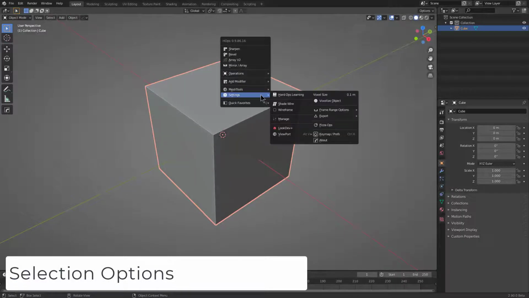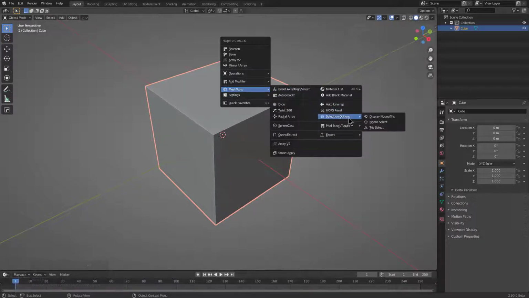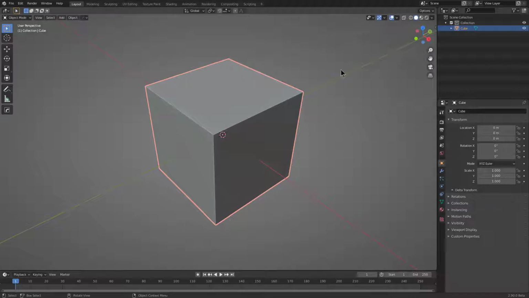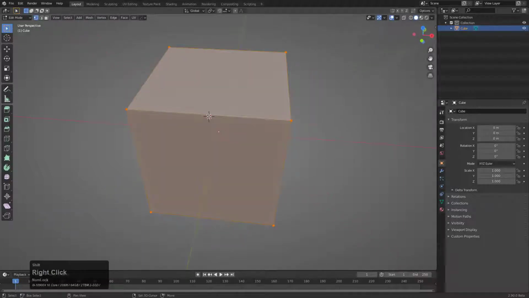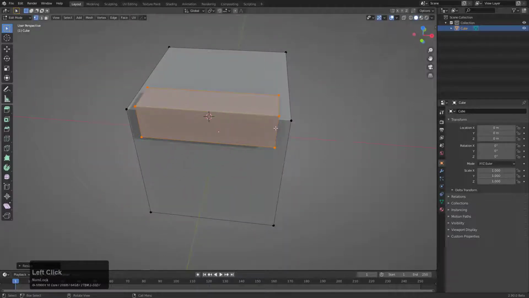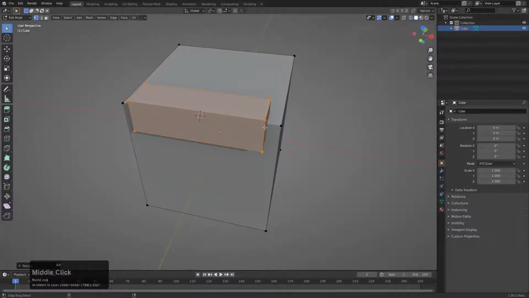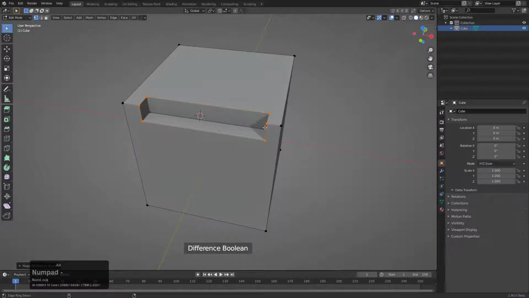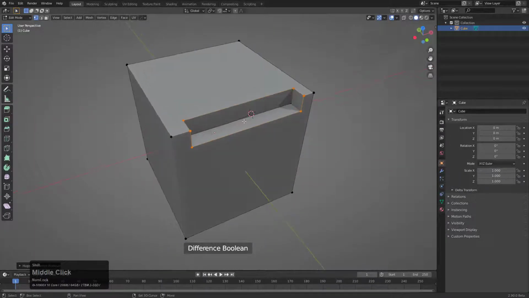So one of the older options inside of Mesh Tools is Selection Options. In order to show this properly, I'll need to go inside Edit Mode and we'll Shift right click to place our cursor, and I'll Shift A, add a cube. And with our cube, I'll just scale it out, S X, and then Alt Control numpad minus to perform a boolean,